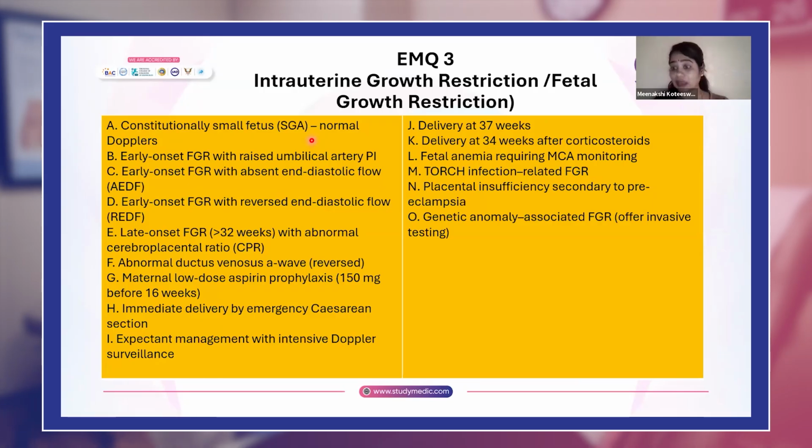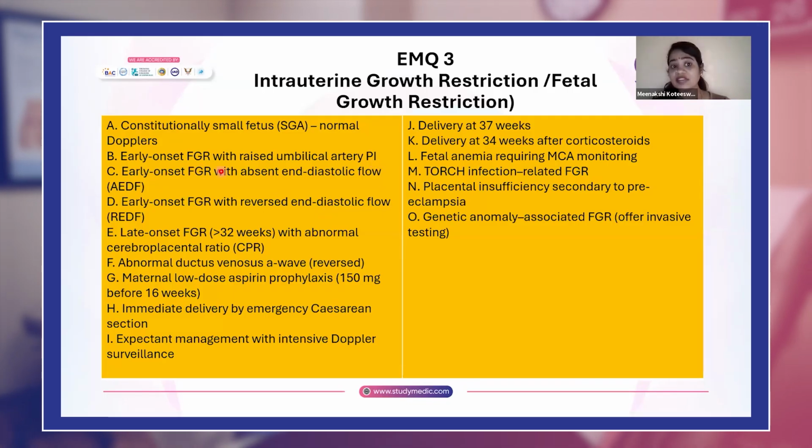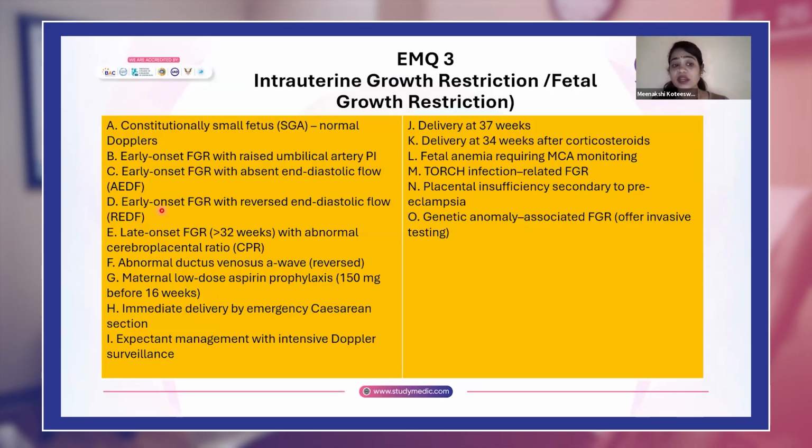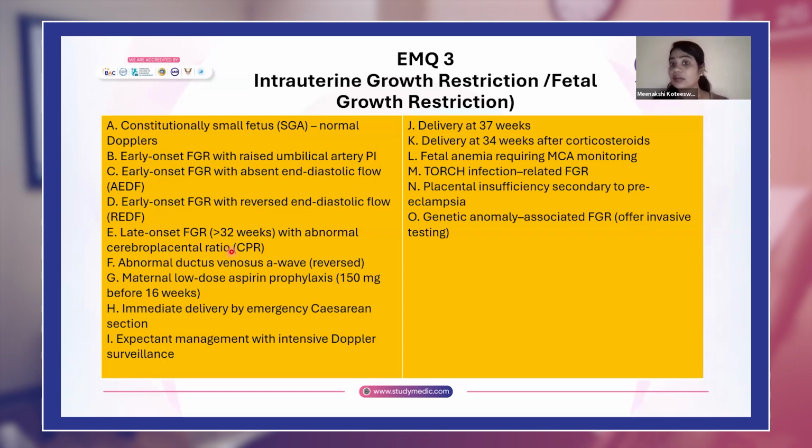Probably they're giving you some scenarios and asking you to find out what the diagnosis is. Early onset FGR with raised umbilical artery pulsatility index, early onset FGR with absent end-diastolic flow, early onset FGR with reversed end-diastolic flow, late onset FGR with abnormal CPR. So early onset is anything that comes in under 32 weeks, and above 32 weeks would be called late